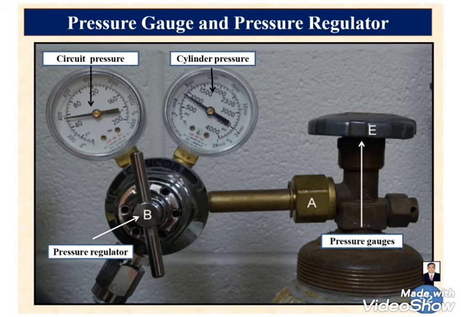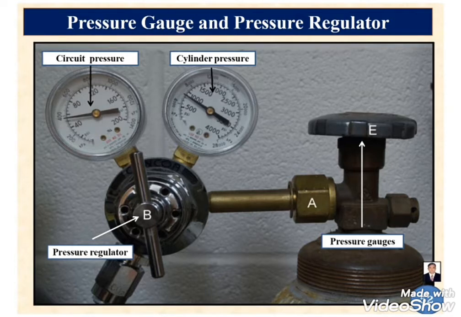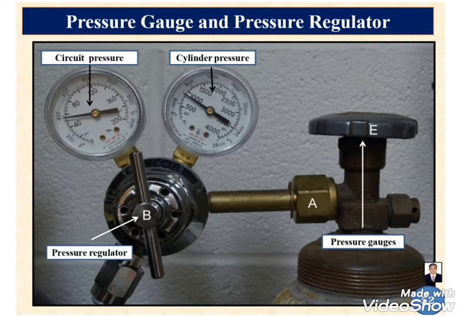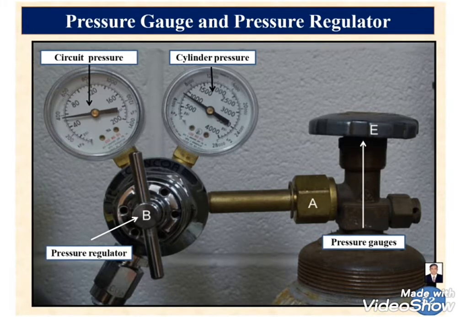Generally a full cylinder has 2200 psi pressure, which means 150 kg per cm square. This is the Indian unit, and generally the US prefers PSI. So a full bottle has 2200 PSI. The anesthesiologist should change the cylinder as soon as it reaches 100 PSI. If it reaches 100 PSI, replace this bottle with a new bottle. Otherwise there are chances of hypoxia in animals.